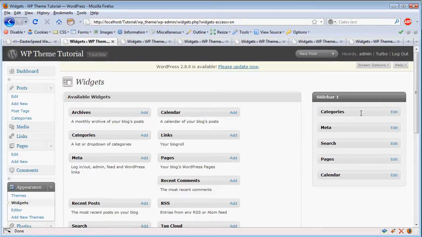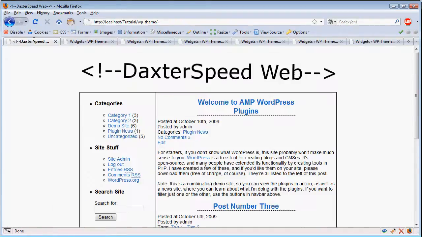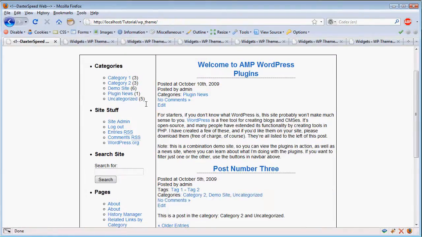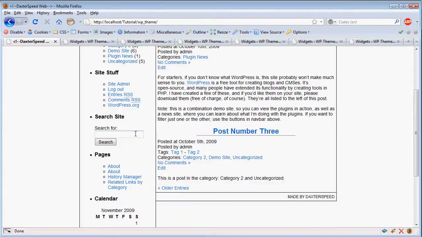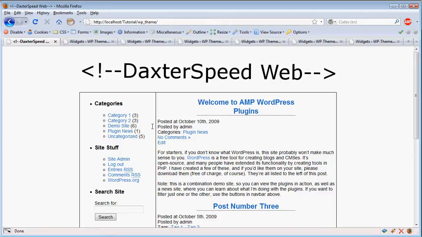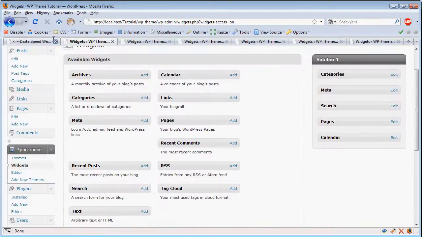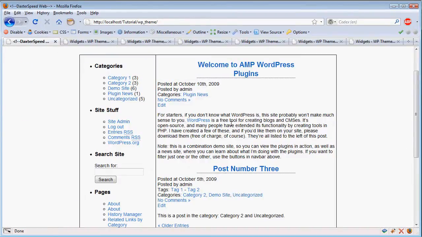Okay, so I've added a few things to the sidebar. I've just kept with the default WordPress widgets. I haven't gone to any plugins yet. I probably won't for this theme tutorial because that'll just make it complicated. And now, when we go to our home page or any other page on the theme, we get an extremely ugly unordered list on the side of our page. Now, obviously, I'm going to work on styling that so that it's not as ugly. But you can see how that is not part of our default theme source code, and yet it's there on the page, customized by the admin area. So that's how you make a